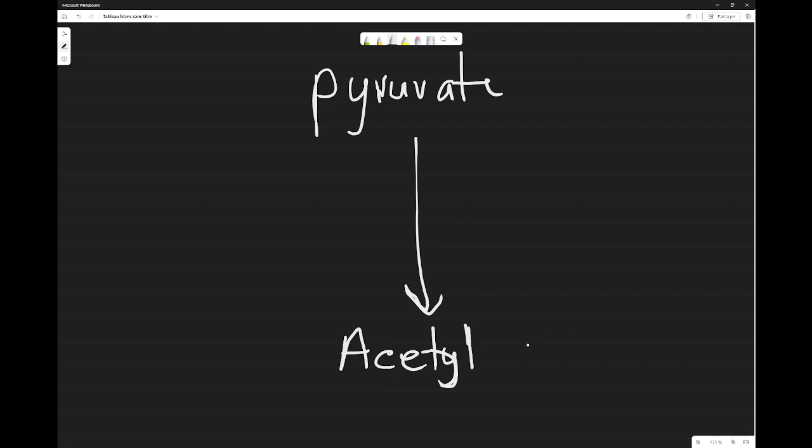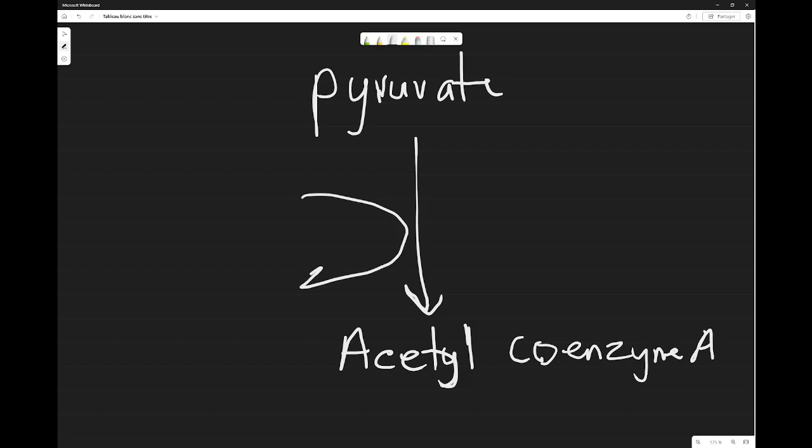So acetyl-CoA. So it's actually a coenzyme. Right? Acetyl-CoA. Right? Now, this actually produces, rather,